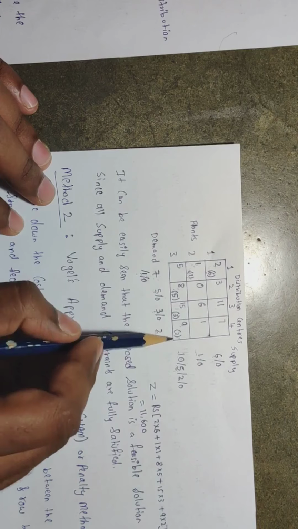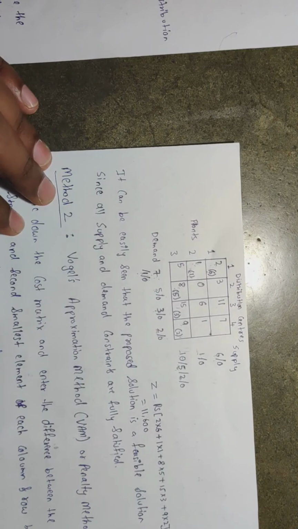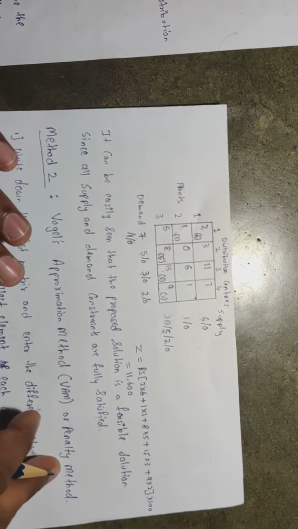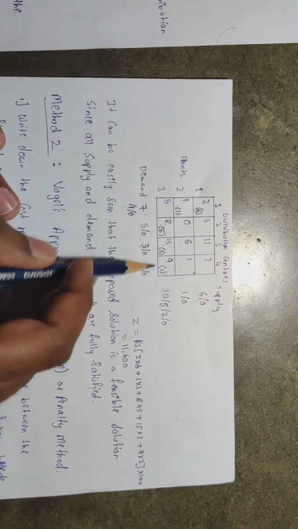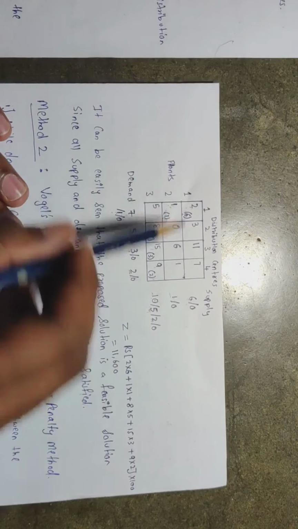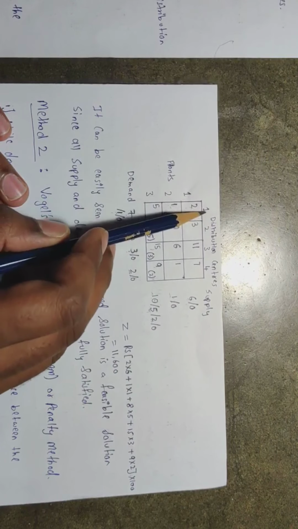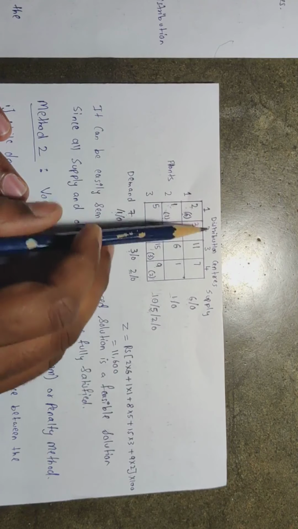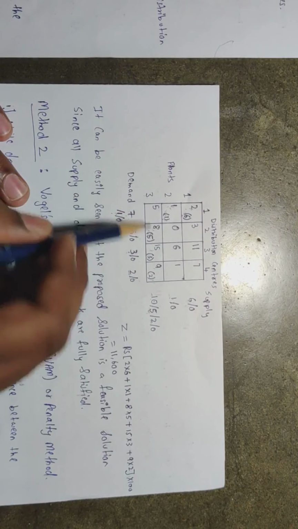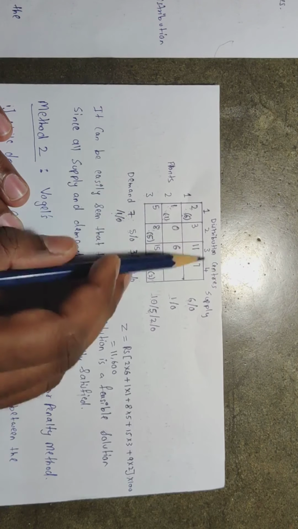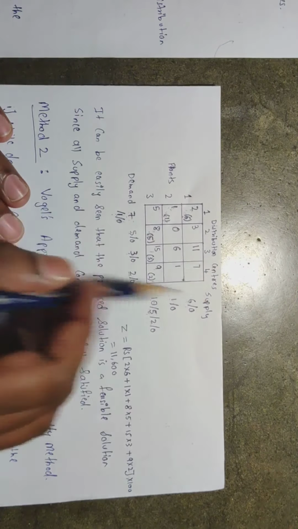So this is the procedure to solve by using the northwest corner. So what we have found out from this one. So how to find what is the cost now? What this allocation is stating is that I have to go from plant 1 to distribution center 1. I have to go from plant 2 to distribution center 1. Then I have to allocate from plant 3 to distribution centers 2, 3 and 4 respectively.